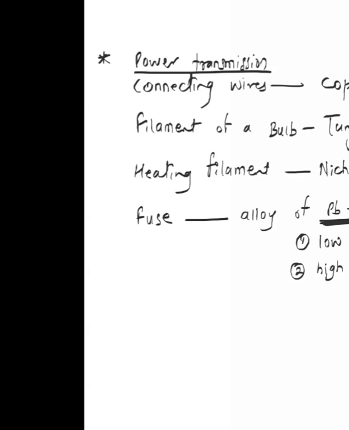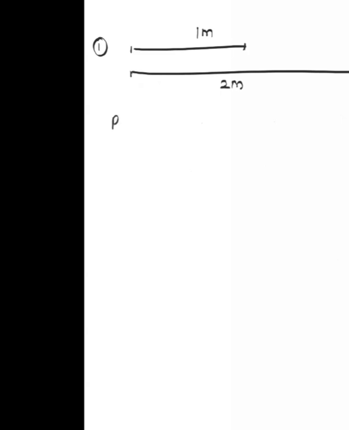Okay, guys, now next question. The first question is for Saivi. Saivi, we have two wires, A and B. One is of length 1 meter, another is of 2 meters. Guys, everything else is the same. Only lengths are different now. Saivi, what would be the ratio of the resistance? Saivi, try, even if it's wrong. Okay. Tanisha is correct.